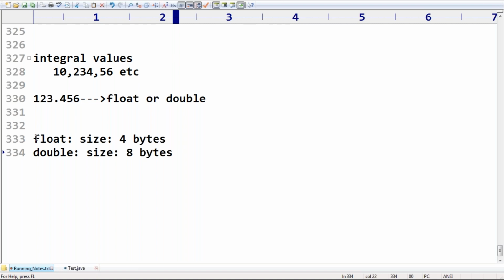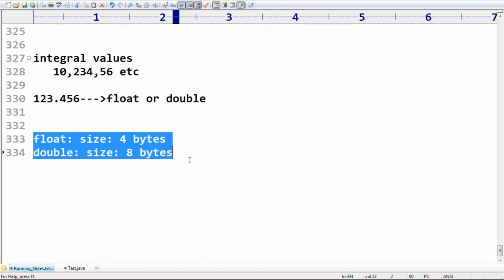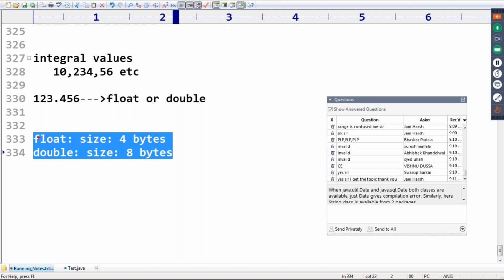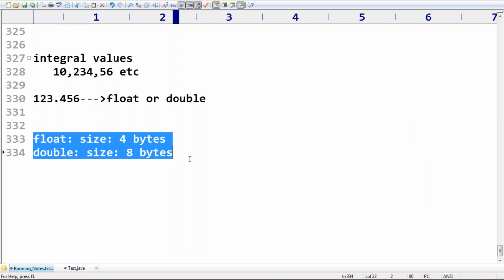When should we go for float, and when for double? I want to tell one statement; you have to decide whether it is valid or invalid. If you want to represent small float values, better to go for float type. If you want to represent bigger float values, better to go for double type. Is this statement valid or invalid? No, it is wrong.